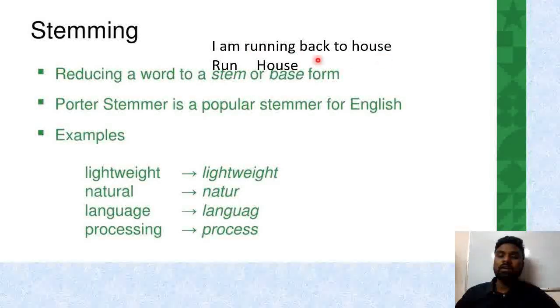अब इसमें हुआ क्या कि हमने टोकनाइजेशन किया. So आई अलग हो जाएगा, एम अलग होगा, रनिंग अलग होगा, बैक अलग होगा, टू एंड हाउस ऑल्सो, दिस टोकन्स आर सेपरेटेड। इसमें से आई का खुद का कुछ मीनिंग नहीं है, एम का कुछ मीनिंग नहीं है, बैक ऑल्सो डोंट हैज अ मीनिंग, टू का भी कोई मीनिंग नहीं है। सो आफ्टर रिमूविंग द स्टॉप वर्ड्स वी विल ओनली गेट रनिंग एंड हाउस। अब हाउस का जो स्टेम या बेस वर्ड है दैट इज हाउस, बट रनिंग का अगर आप स्टेम वर्ड निकालें तो वो उसका स्टेम वर्ड होगा रन।